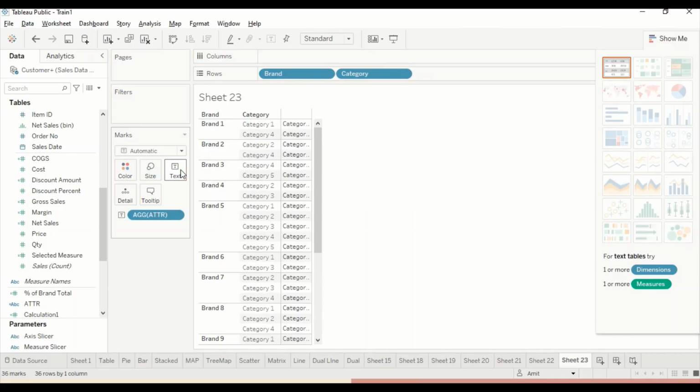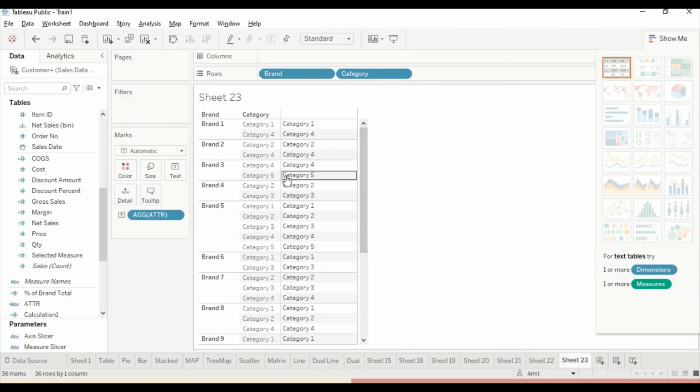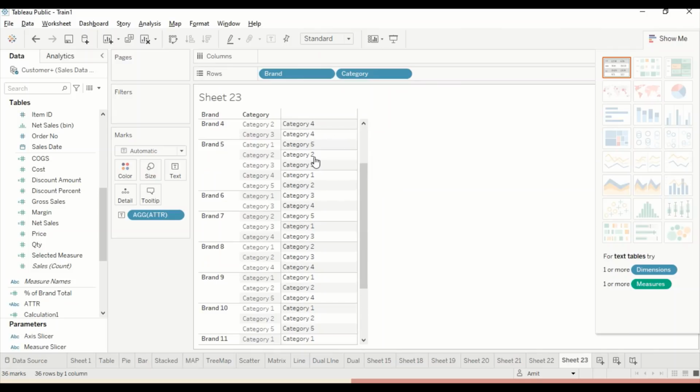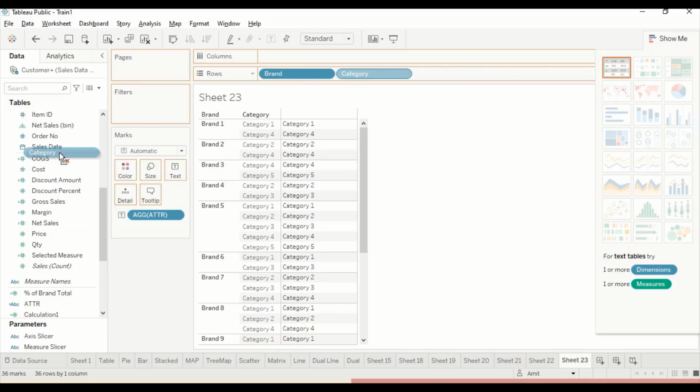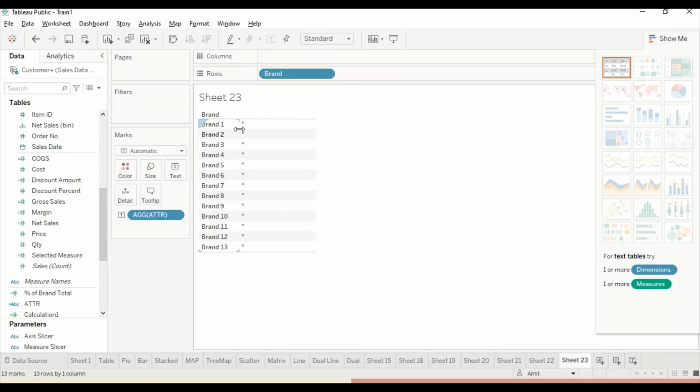Now it has become a color. Let me drag it on text. Now it becomes text. Let me make it a little bit bigger. So I go here, I see this arrow sign, and make it a little bit bigger. So now you see it's always giving the category name, no star, because inside one category we have only one category. Okay, so no problem. Let's go ahead and remove this category from here.